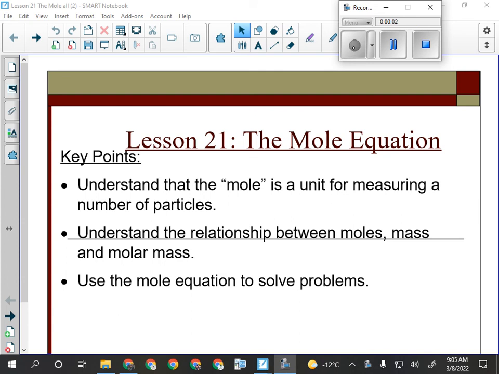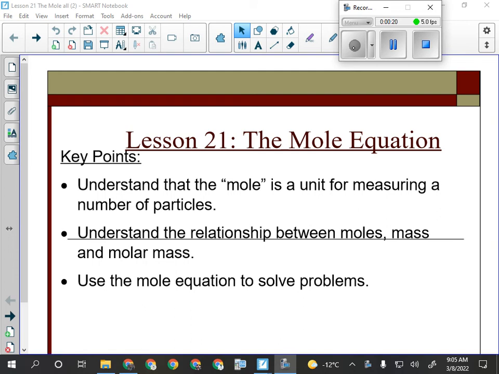So this will be our last topic in the chemistry unit: the mole equation and the mole as a unit of measurement. Okay? So the key points for this lesson are that we understand the mole is a unit for measuring a